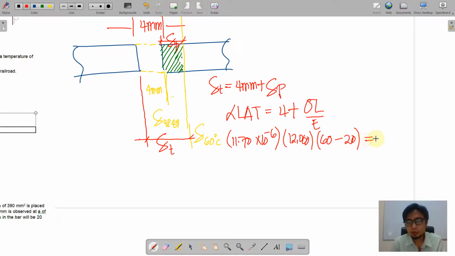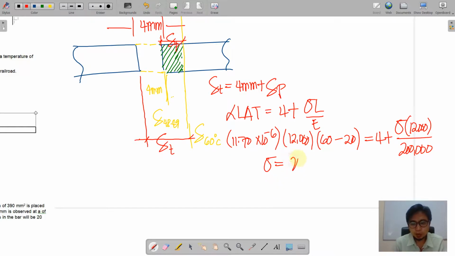So this is equal to 4 plus sigma, this is 12,000, okay, and then E is 200,000. So a single unknown in an equation can right away get the value of sigma. Okay, so we have a value of 26.93